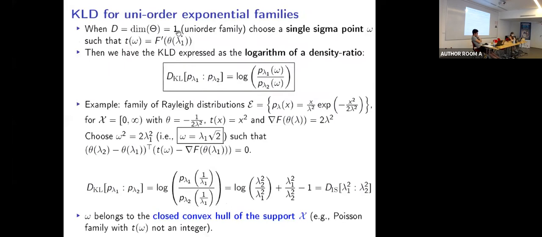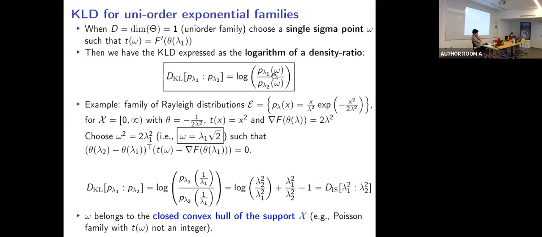What we need to do is to choose a sigma point omega such that we have T of omega, the sufficient statistic at omega, equal to the gradient or derivative of F at lambda 1 in the natural parameter expression. And if we do that, then we have the Kullback-Leibler divergence, which is expressed as a log